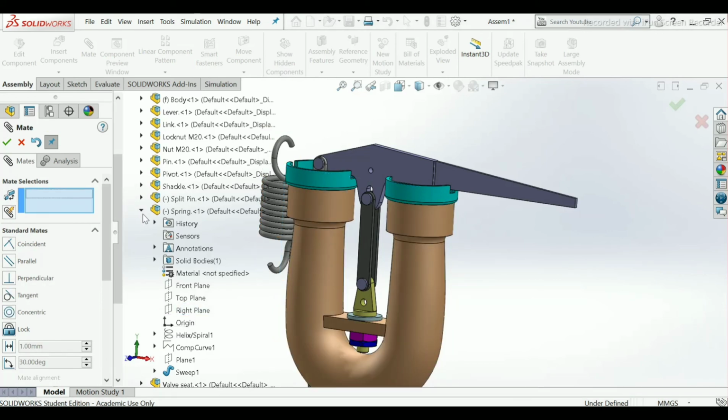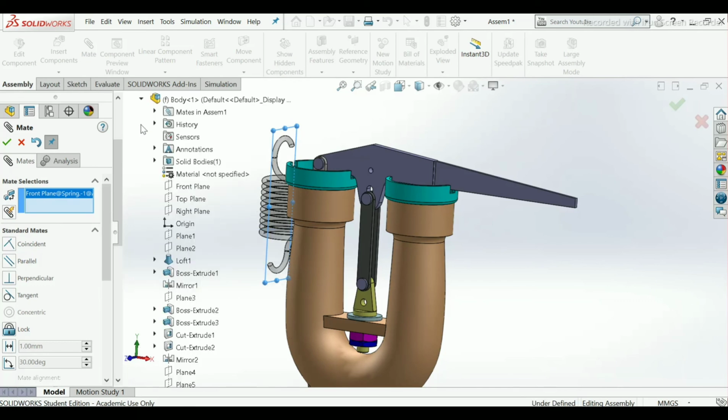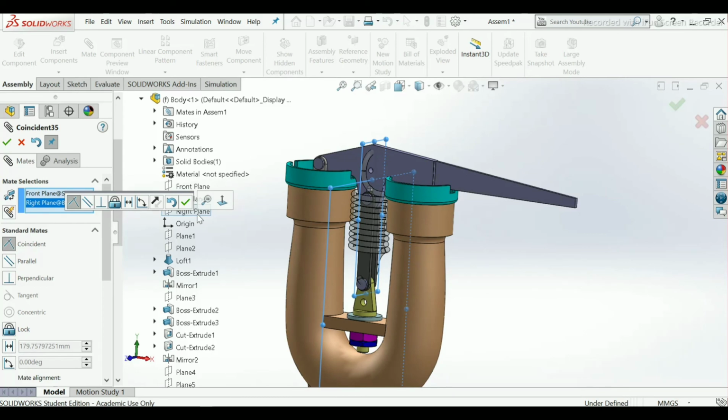Now again choose the front plane of the spring. Now here scroll down in body, take the right plane here. You can see our spring has moved into this body, in between the body, so make this coincident.